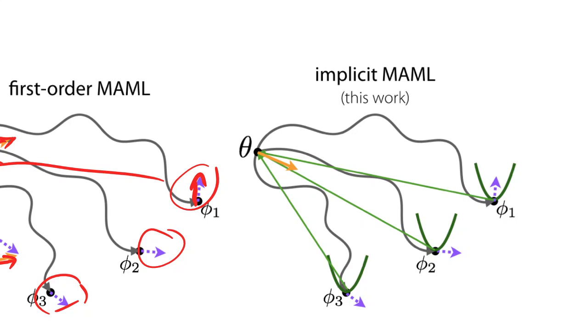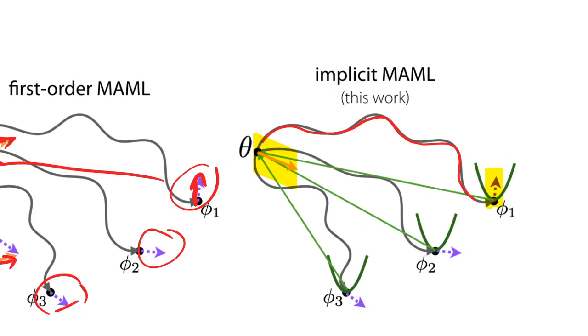Now, implicit MAML, this paper right here, circumvents that. It circumvents the step of having to explicitly backpropagate this gradient along the forward pass, but it's still able to come up with an expression for how the final gradient relates to the initial gradient. So this is quite cool, and in this video I would basically like to explore how this comes about and why this comes about. We won't go through all the theory and the proofs,